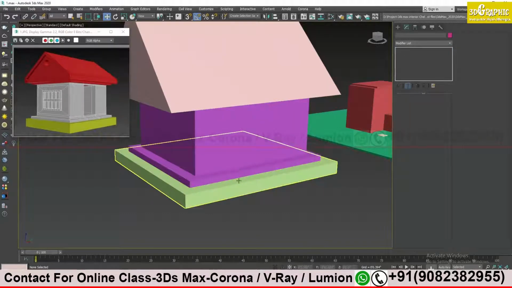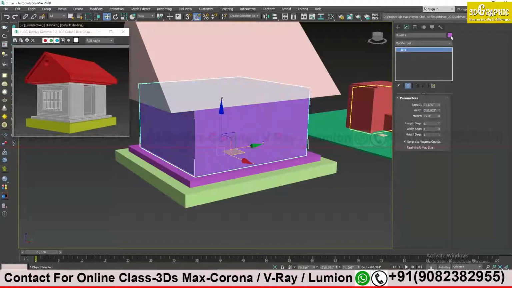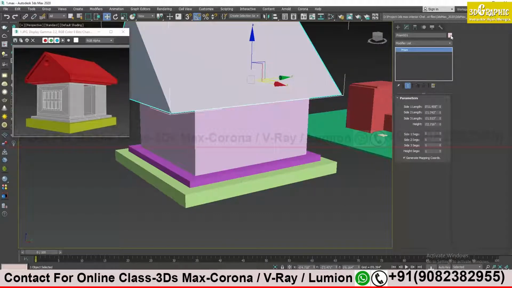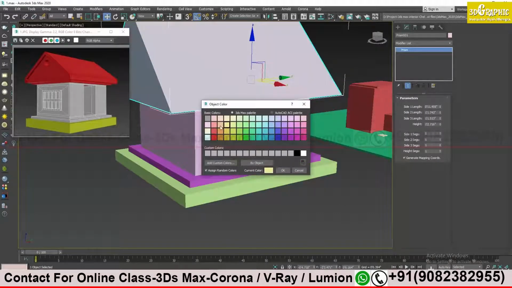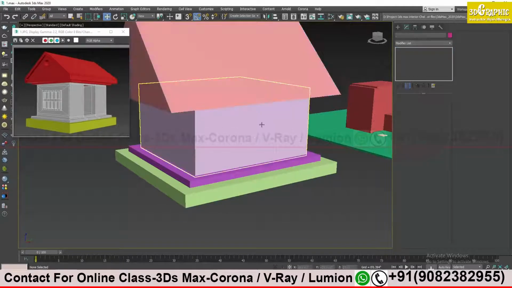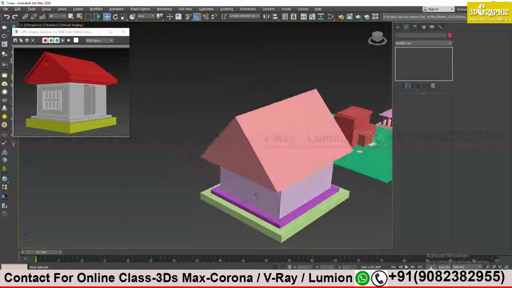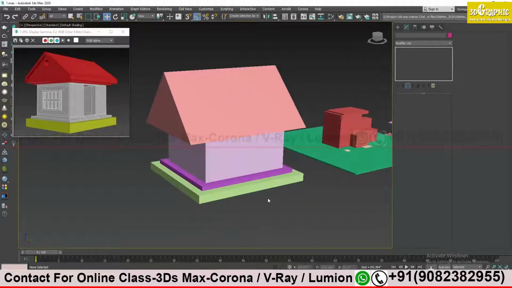See, now I can easily differentiate the object. Similarly, I will change the color of other objects so that it's easy for me to differentiate. If it is multicolor, then I will easily understand the shape of the object, no?